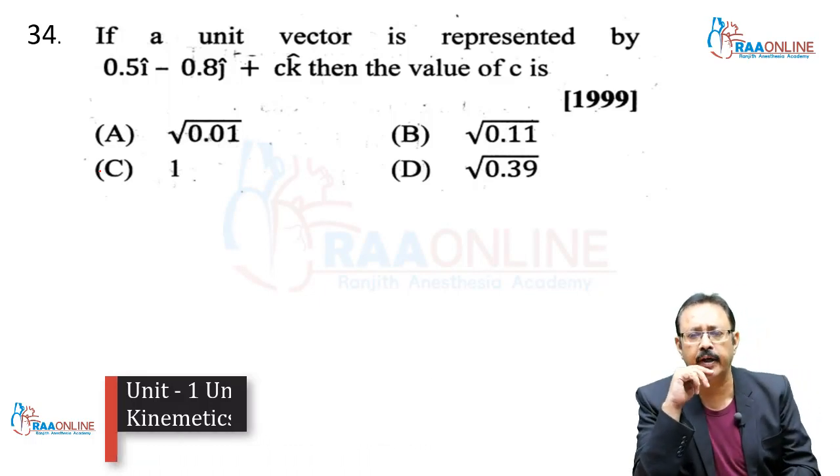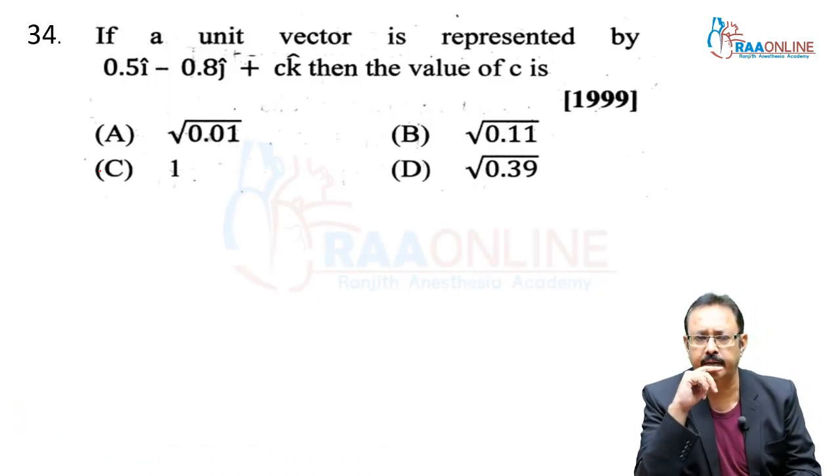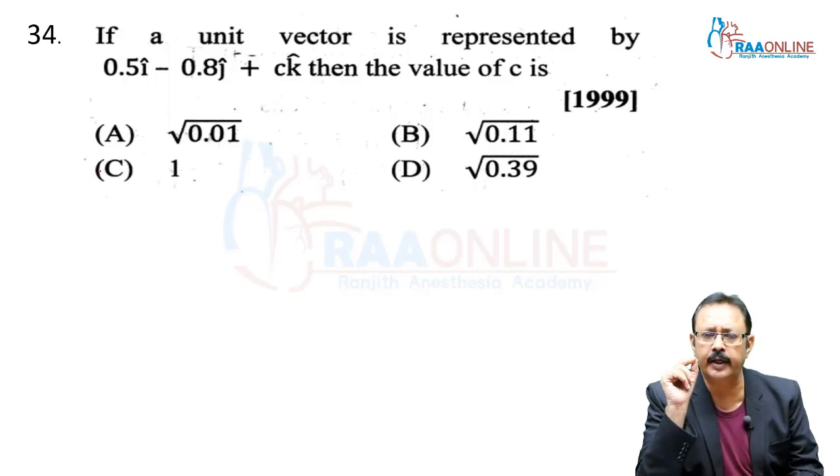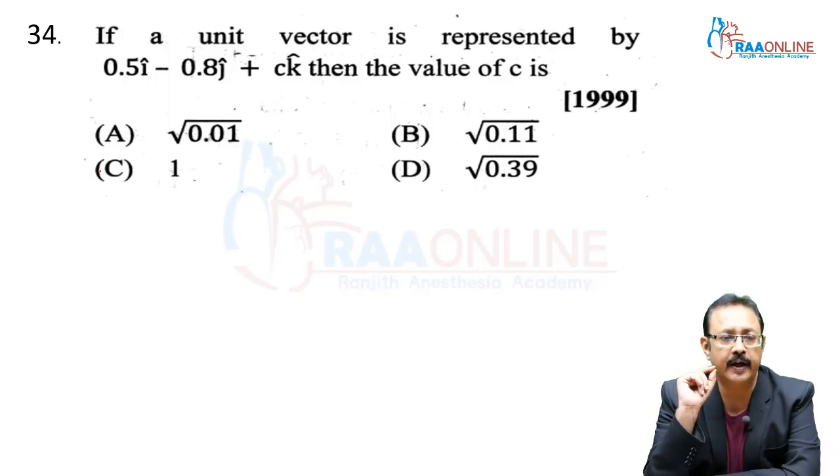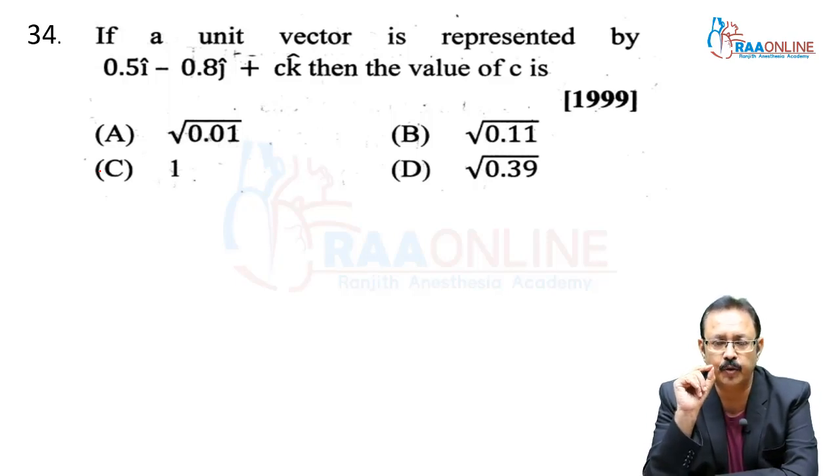If a unit vector is represented by 0.5 i cap plus 0.8 j cap plus c k cap, then the value of c is? If this vector is a unit vector,